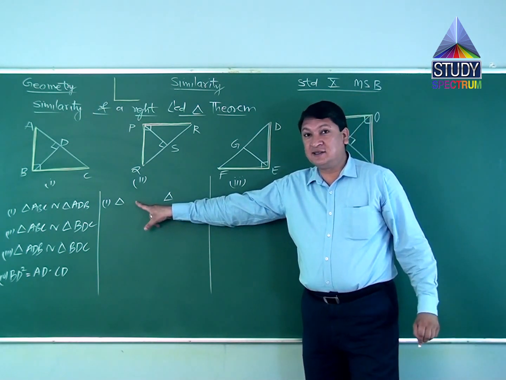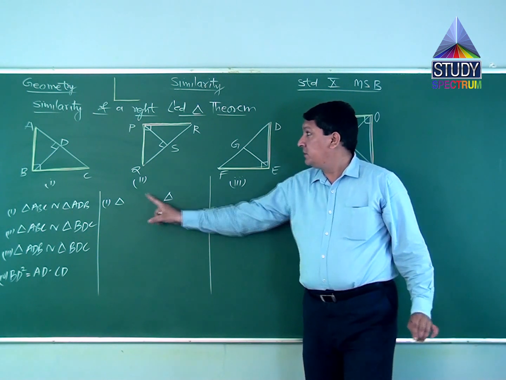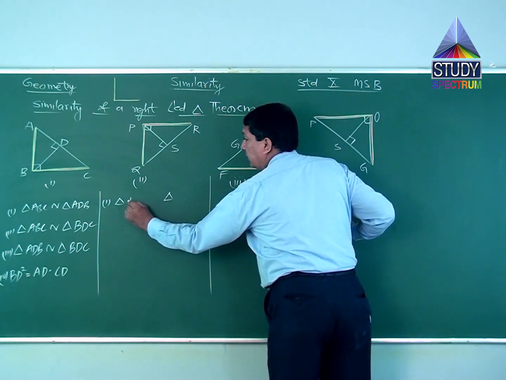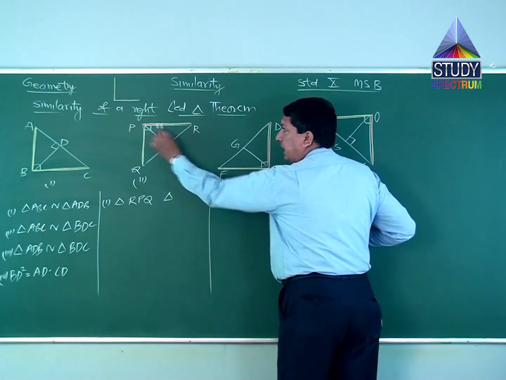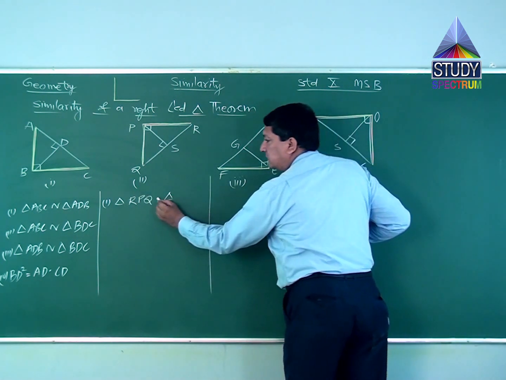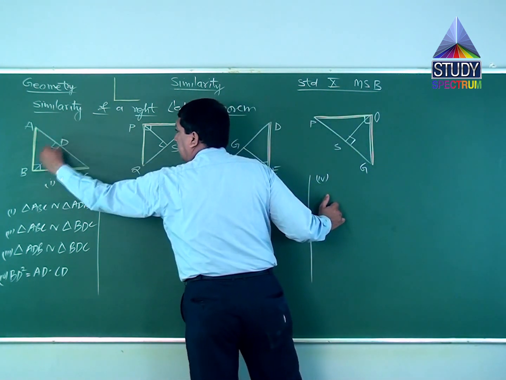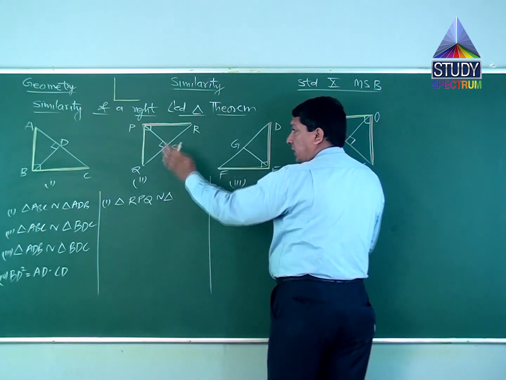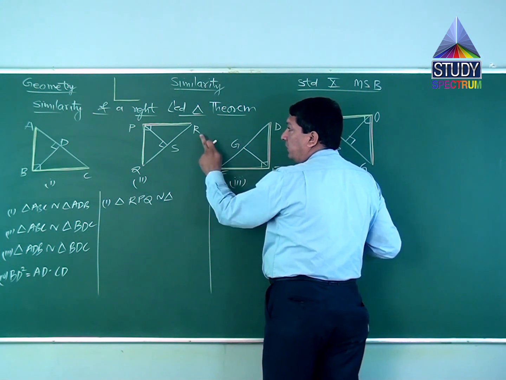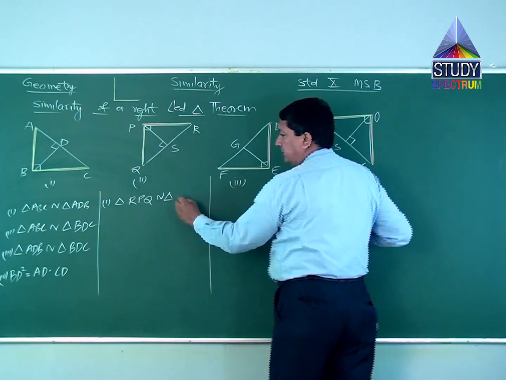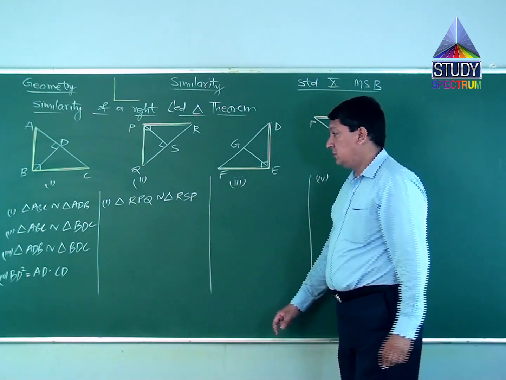are you guessing the answers now? Because you have to be very clear with the concept. Triangle RPQ, L RPQ, similar. Now in this case, it was ADB. Now when you are looking at this in an L shape, right? When you are looking at this in L shape, it will be RSP. This is your first answer.